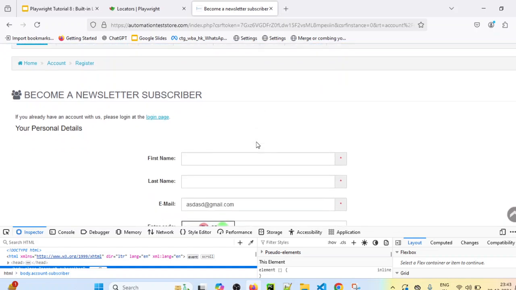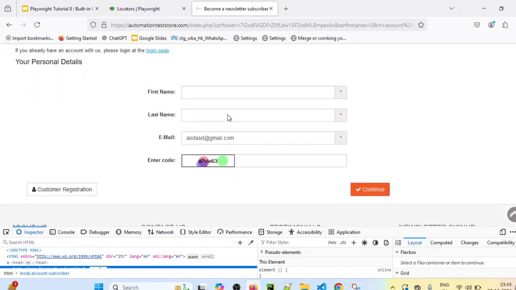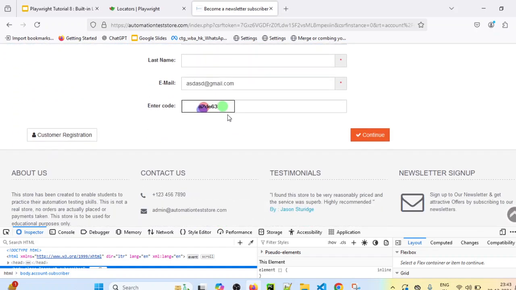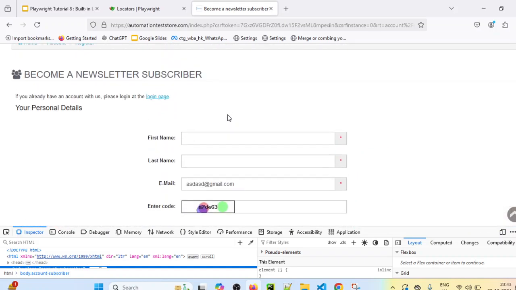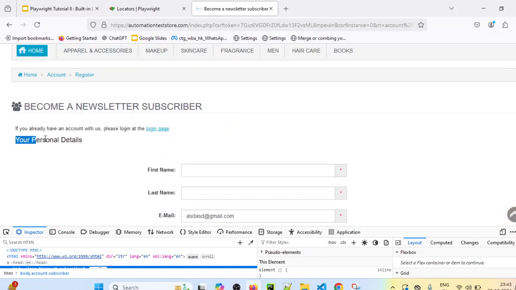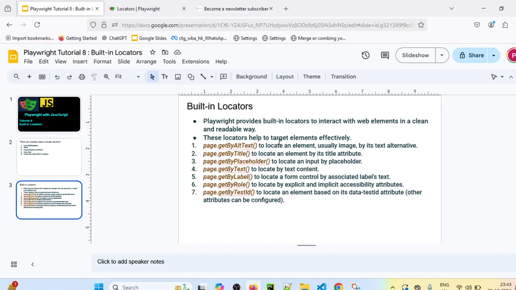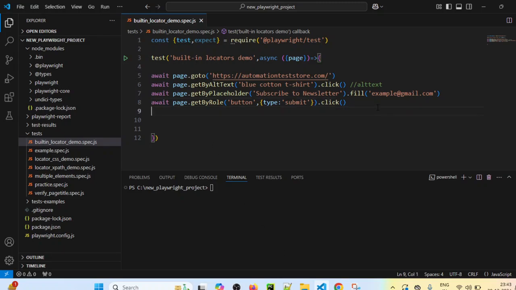So here if you see, we need some validation point here. What I am going to validate is, you can see "Your personal details". This text is present here. To verify this text, we can use one more built-in locator method, that is the getByText method. It is also used to locate by text content. So we can use the .getByText method as well. So what I will do, I will simply use